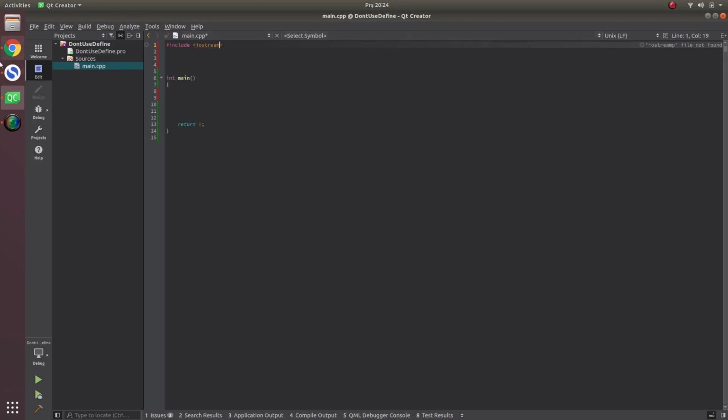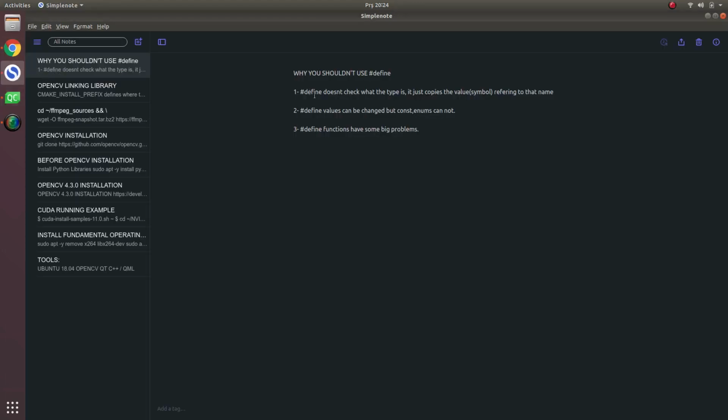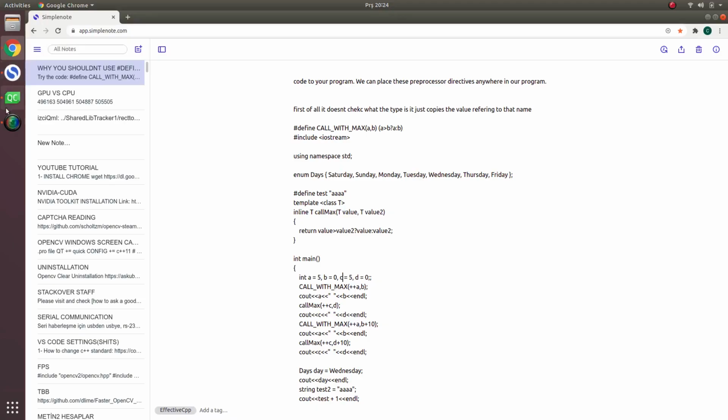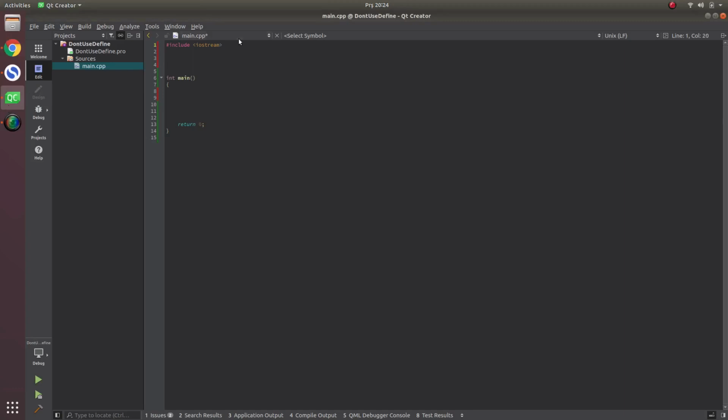And why you shouldn't use define. Here are three lists. I made three lists of why you shouldn't use define. First of all, define doesn't check what the type is. It just copies the value or symbol which is referring to that name. For example,